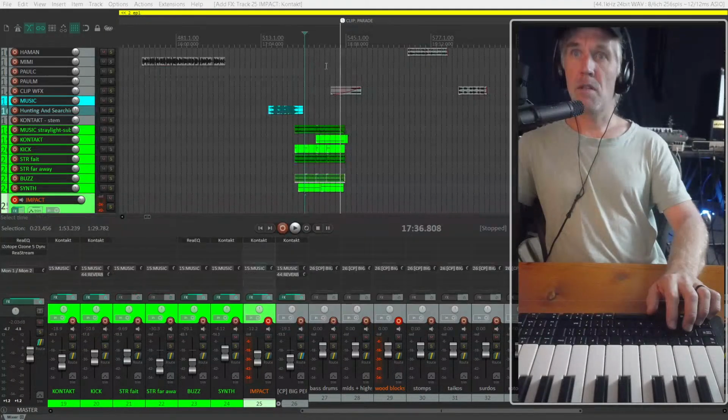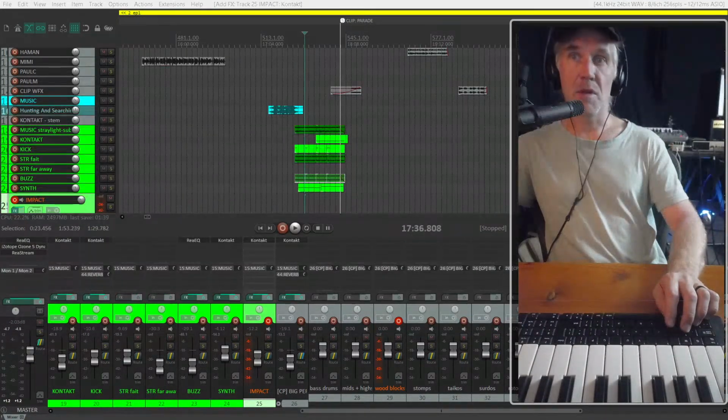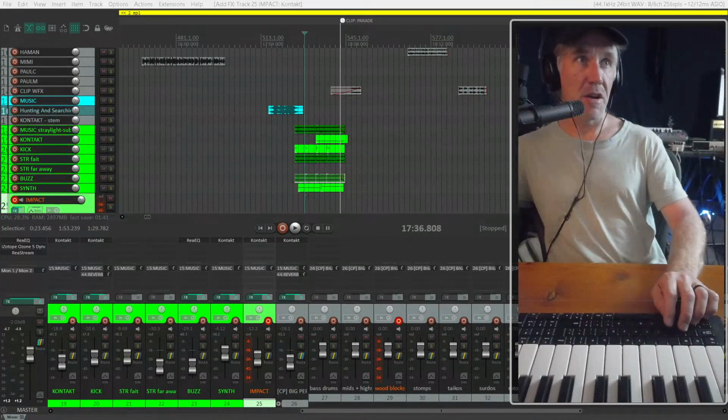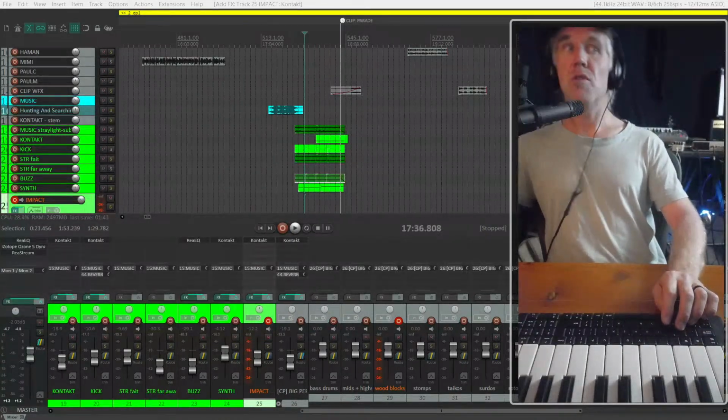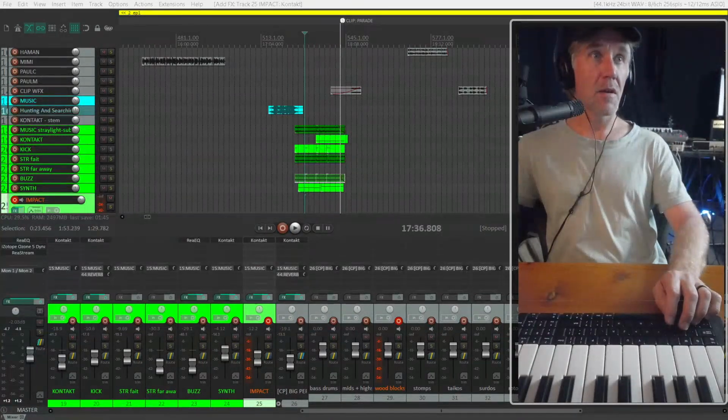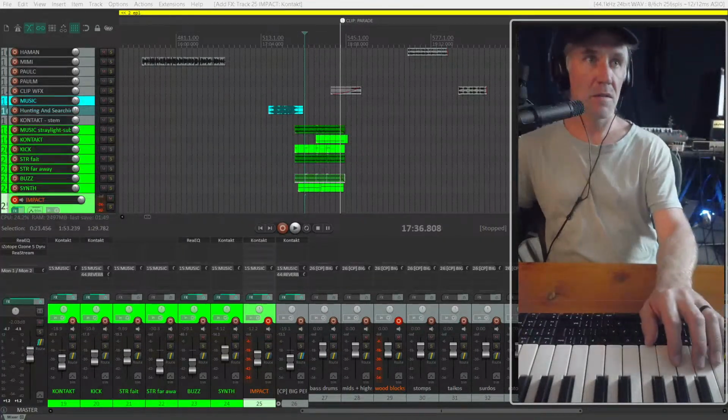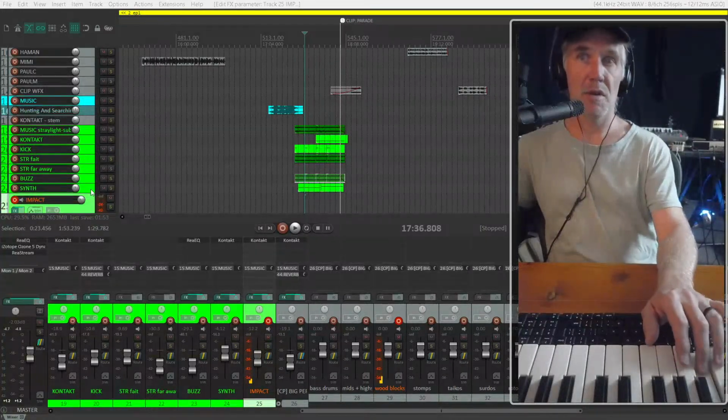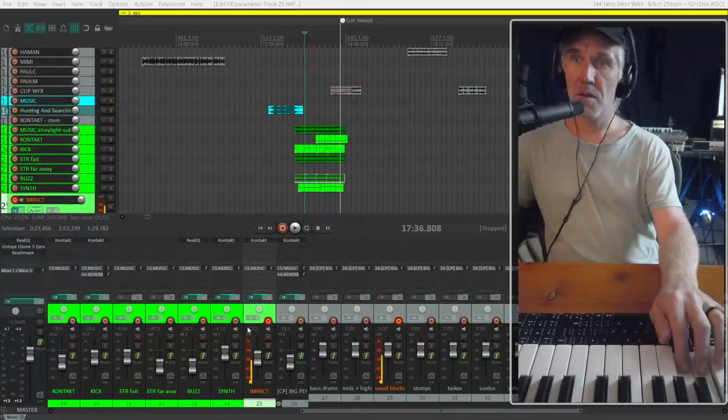Contact has got so many different sounds that I'm not even really close to their full collection of sounds. So let's get down to, I'm tempted to go with modular icons, which is a library of